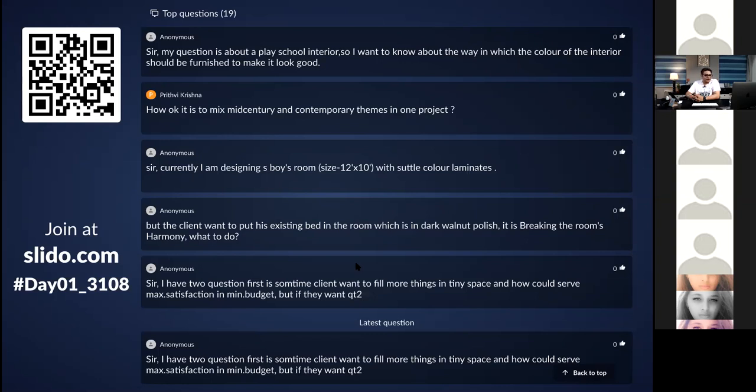Pooja says, I'm facing an issue at the time of site handover where the client is not willing to pay the remaining balance, how do you manage that? Okay, Pooja, that is absolutely a process issue. Tomorrow we are going to talk a bit about processes, and on day 4 and day 5 as well. Once you have your processes in place, your money is not going to get stuck. In the past, I also faced a lot of those issues, but then I made my processes so strong that now I'm not facing those kinds of issues.